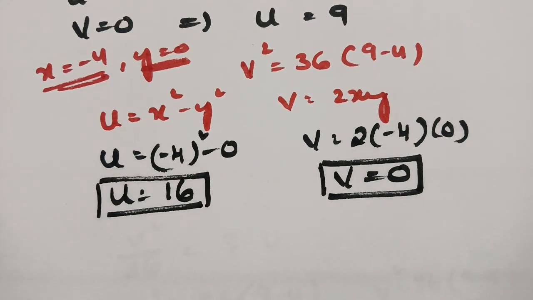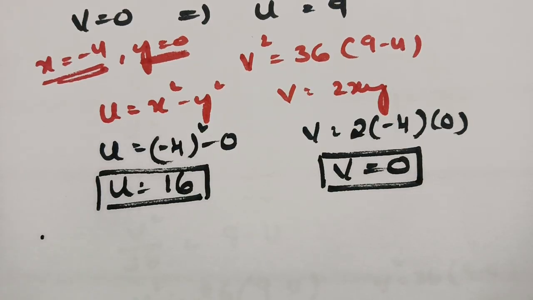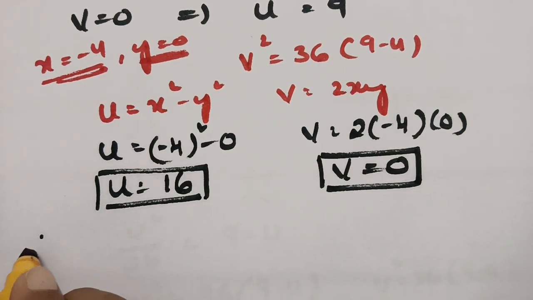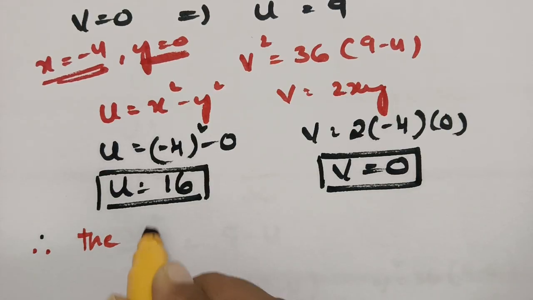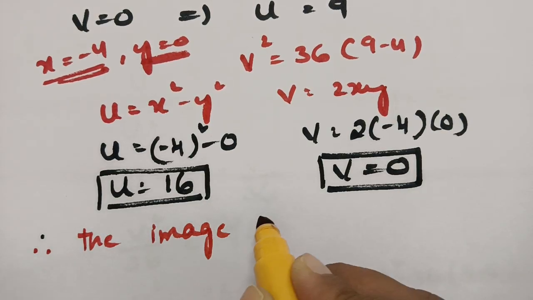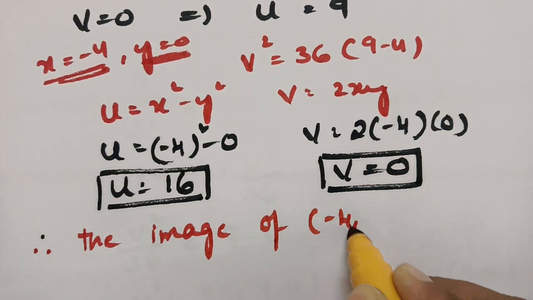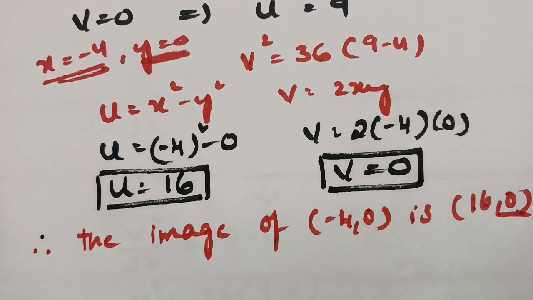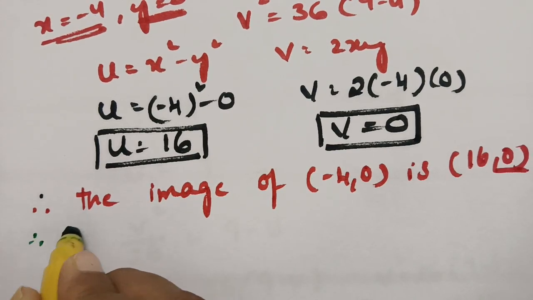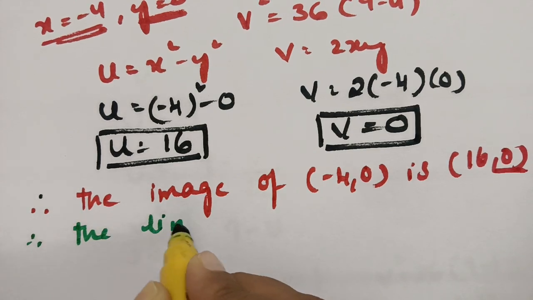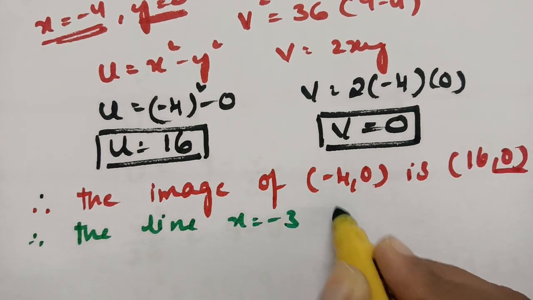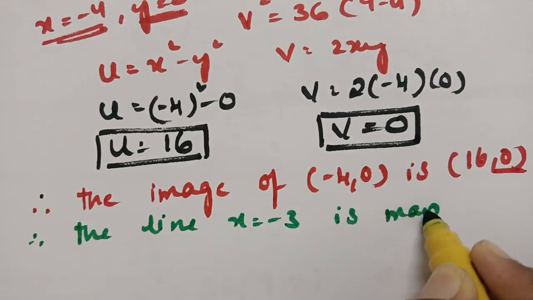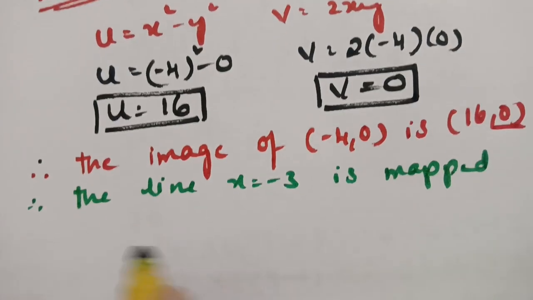So here the image is very clear. Therefore, the image of minus 4 comma 0 is clearly 16 comma 0. We got 16 comma 0. Therefore, the given line x is equal to minus 3 is mapped onto the parabola,